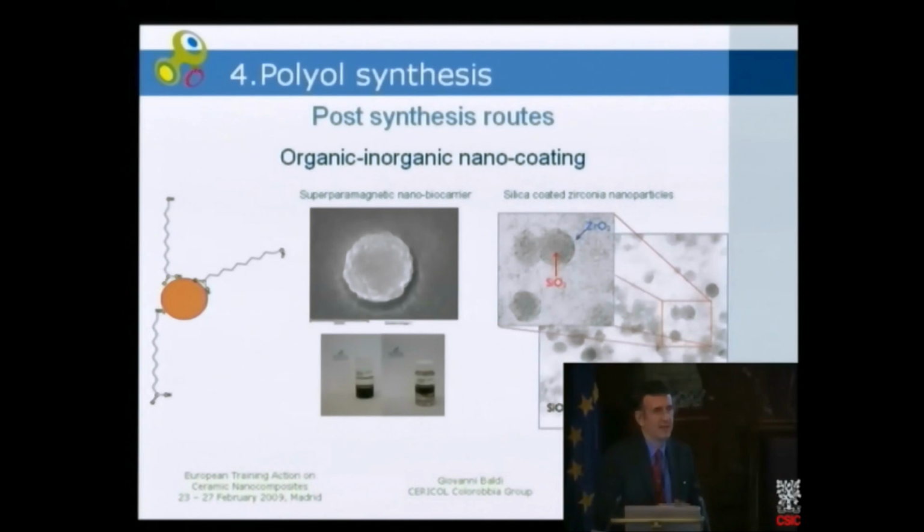All is linked by organic molecules that permit the link of the bovine serum albumin to the inorganic core shell. This material is very interesting for cancer treatment because if it is immersed in an electromagnetic field,